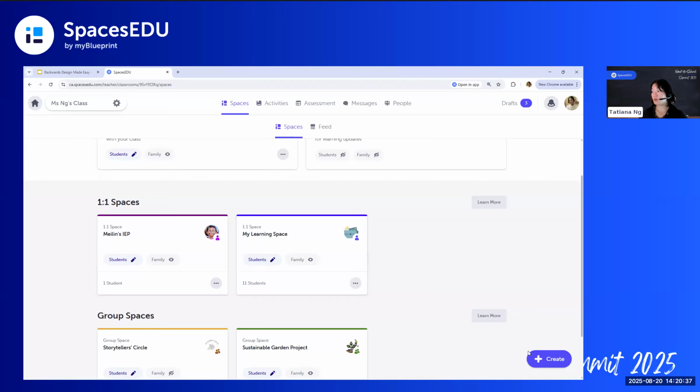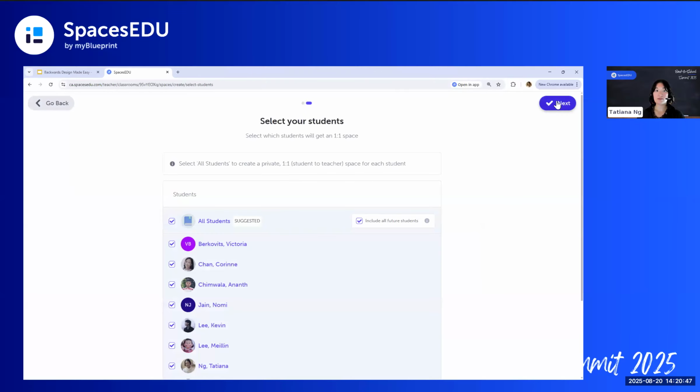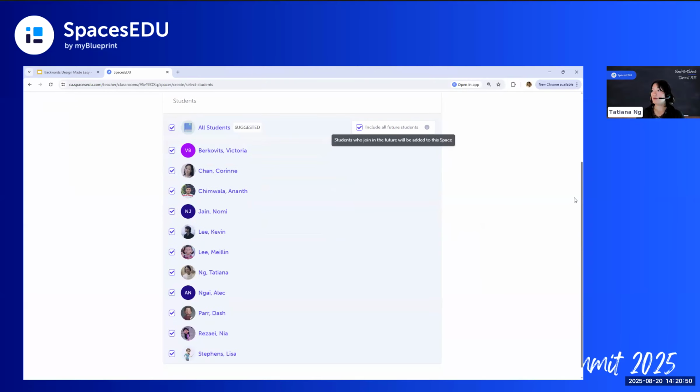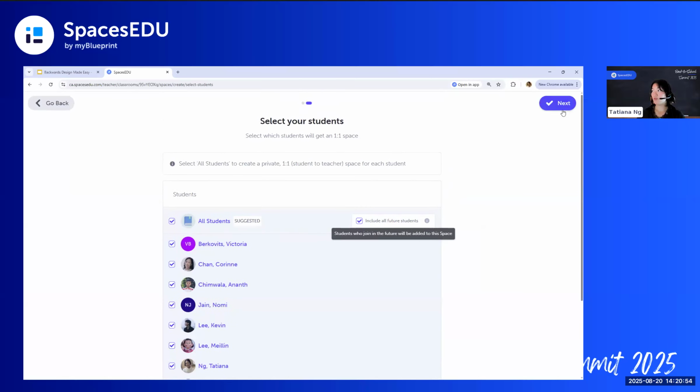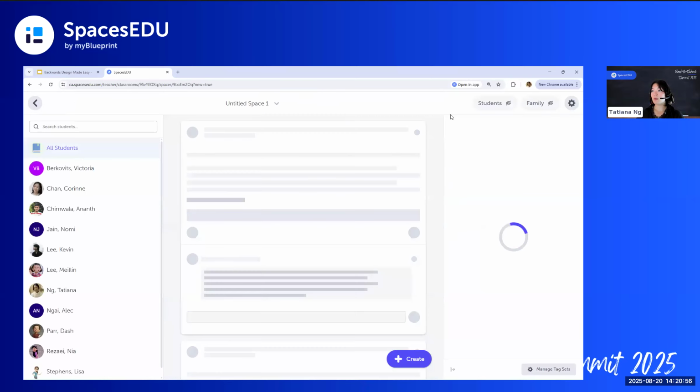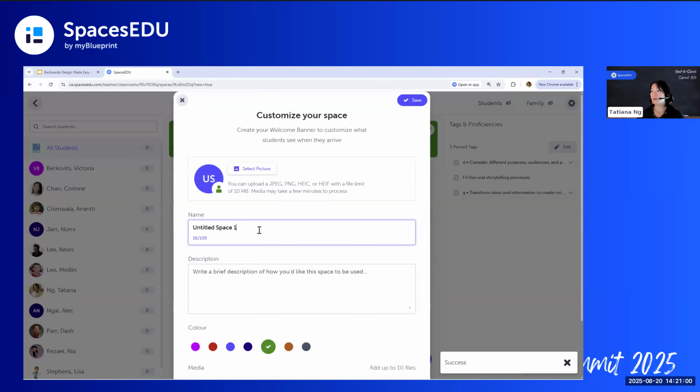You would create a new space here by clicking on the big blue button in the bottom right corner. Then we're going to select the one-to-one space and hit next. By default, the system will check all your students. That's perfect. That's what I want. I'm going to hit next and customize